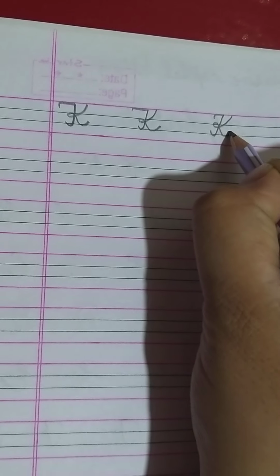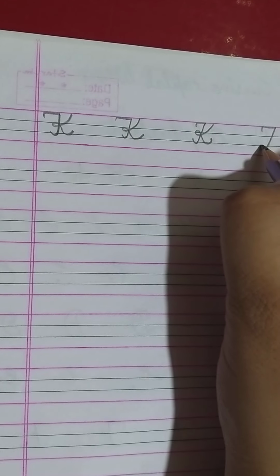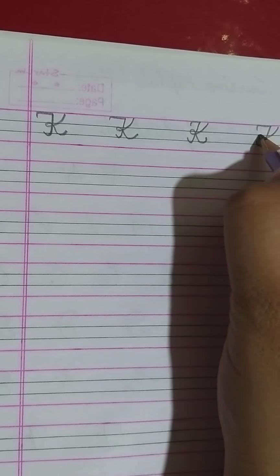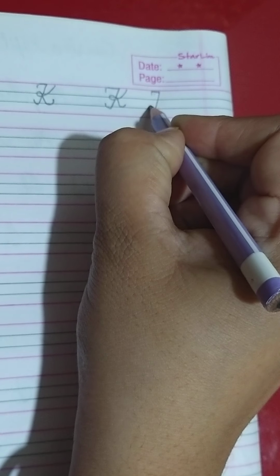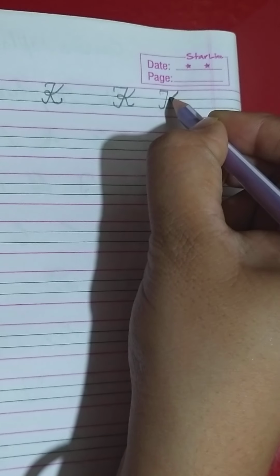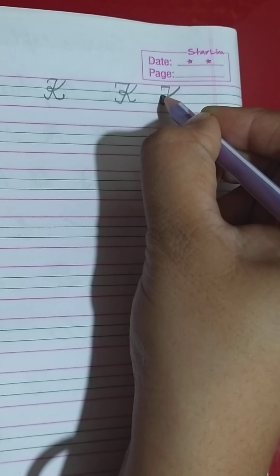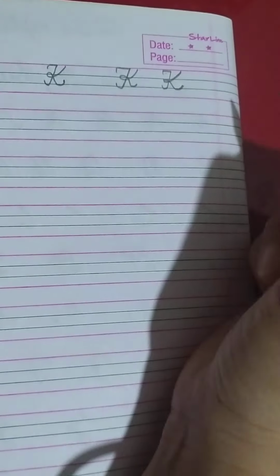I am making the simplest letter, yes, because you will learn very properly. Which is the first step to make K? This. Yes. Then after, from this pink line, one slanting line we have to make and cross this middle line, and then move upward, then again down. Clear? K.